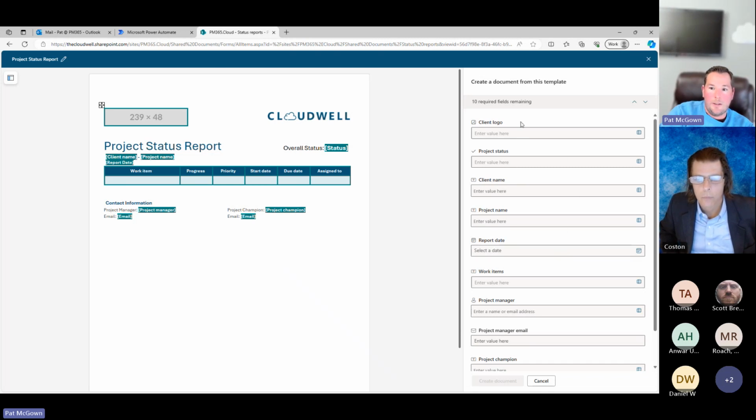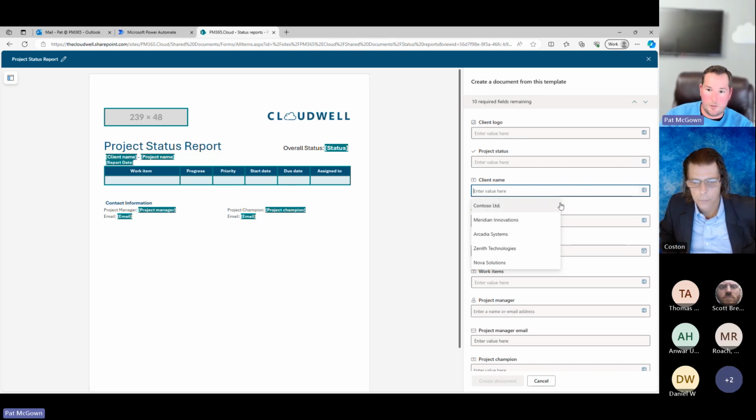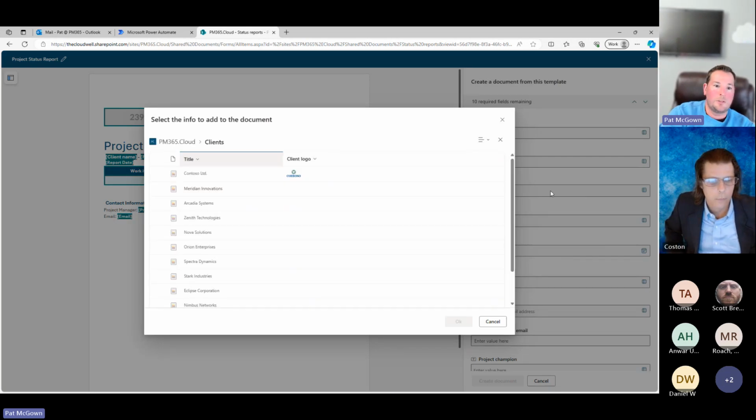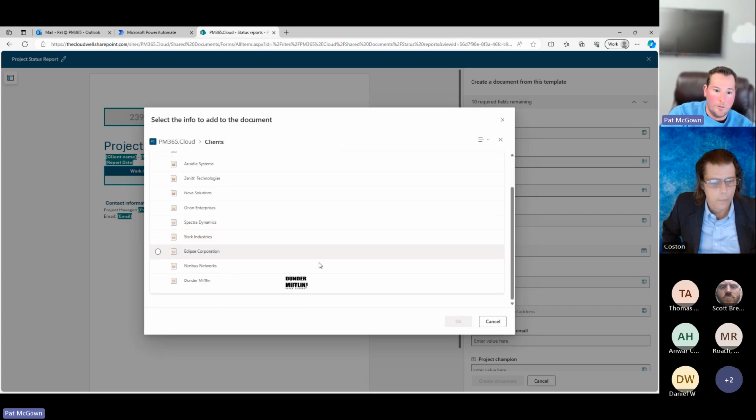So what I mean by that is I've got a client logo and a client name. Now, I want to first pick my client name to start building this status report out. So I can click into this field. Again, this is really just like your standard SharePoint experience where you're getting type-ahead selection options, or you can actually select from the full list. And so I have this field configured to a clients list within my SharePoint site. And so I can see all of my clients, and if the clients have a logo,